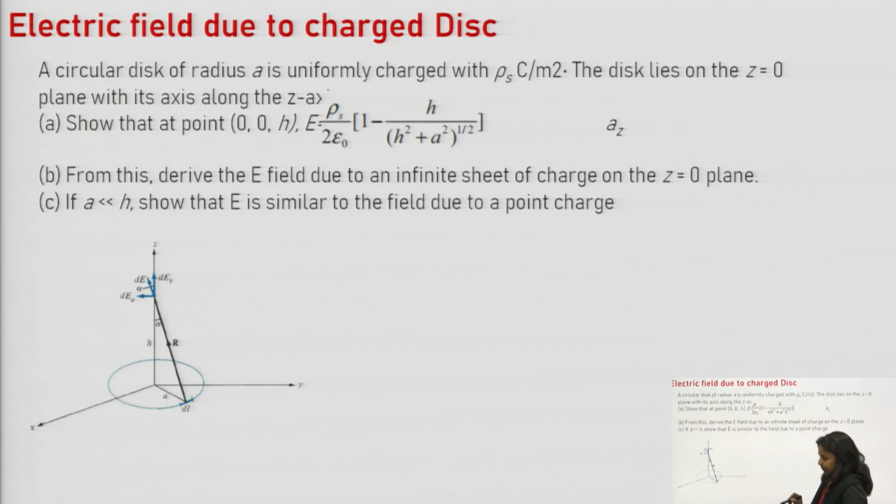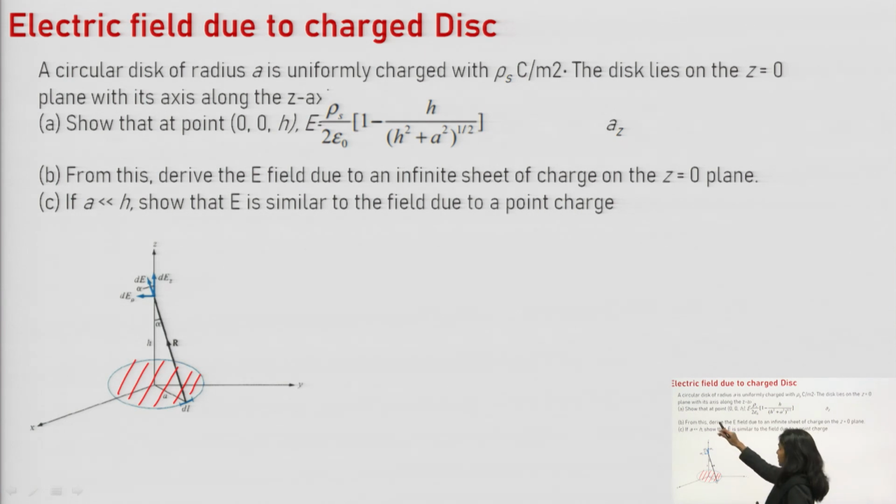Now the same thing will apply in case of an electric disc also. Here you can see that this is the disc, this is not empty like a ring, this is the filled part. In this case we need to find the electric field and it will be something like this.